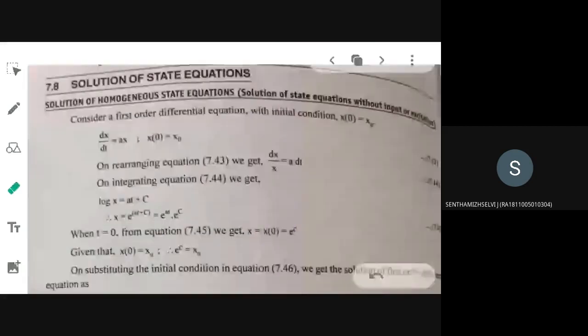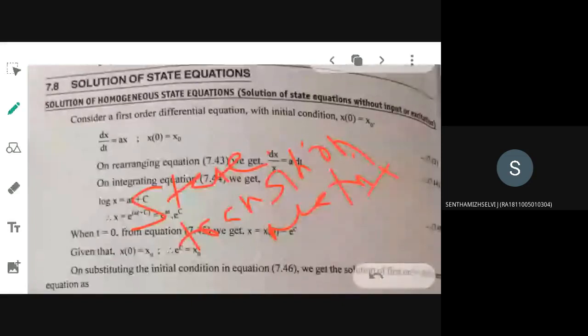Now the next important topic from which problems can come is the state transition matrix. The state transition matrix is given by e power At, or phi of t. There are various methods involved for obtaining the state transition matrix, so problems may come from this spot also. In short, I will try to explain how to get the solution of the state equation in terms of the state transition matrix, and what are the various methods and the various properties.